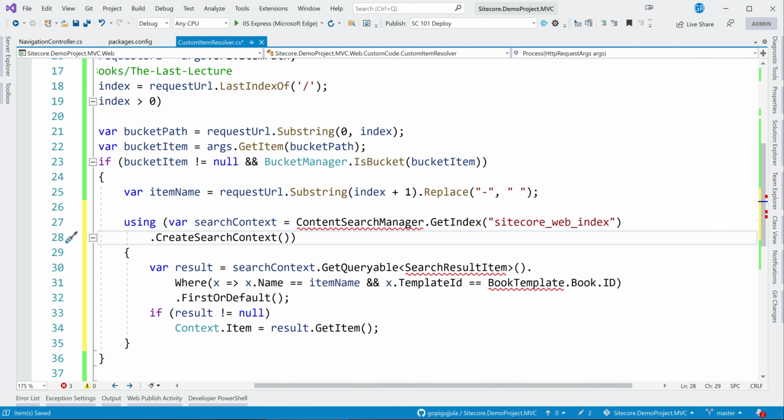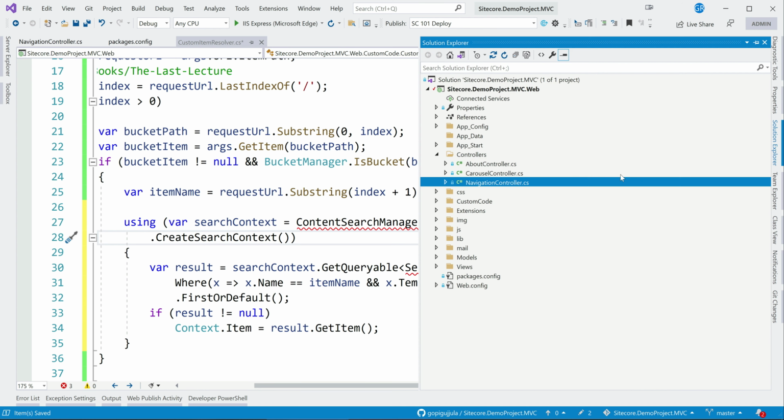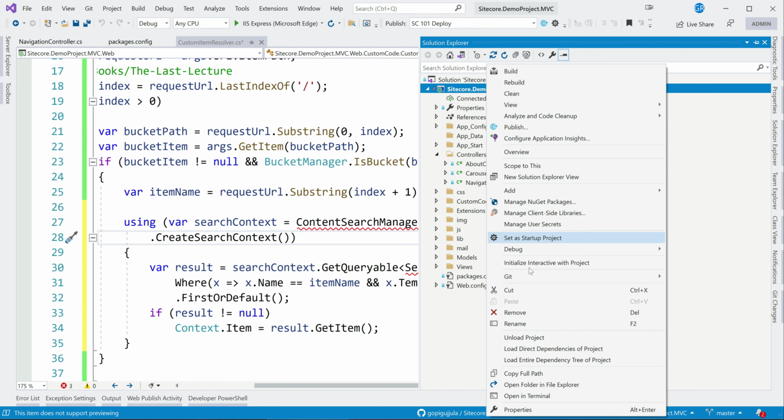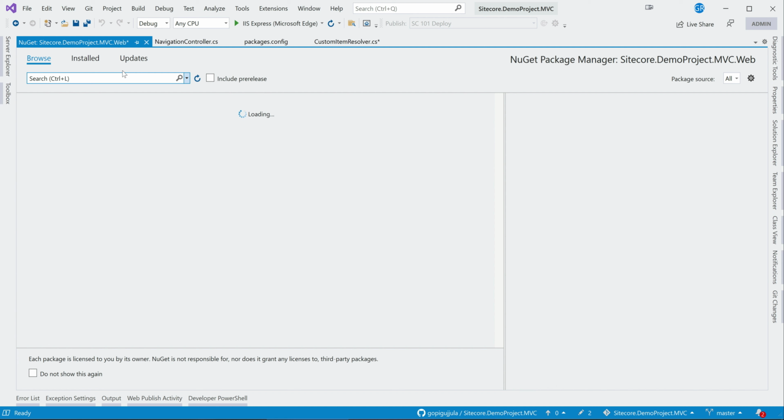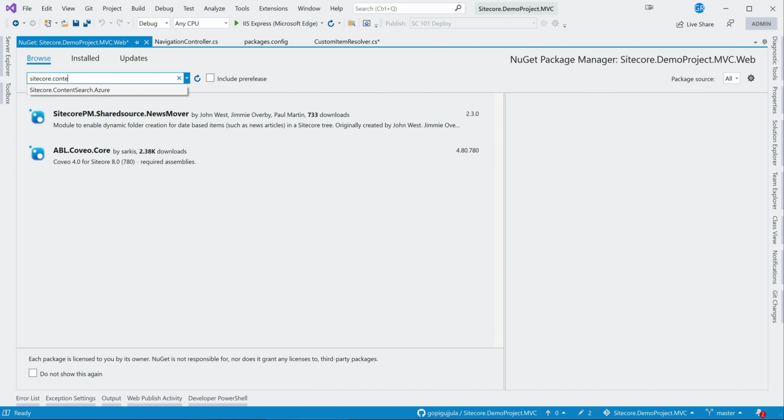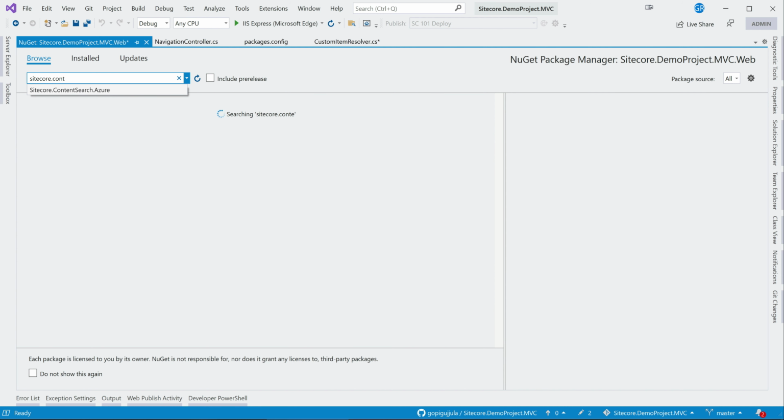So get query will, okay, whenever I want to use content search, I need to go and fetch this content search API NuGet package. So let me go to the NuGet package. Sorry, make sure it is all, and you can search with Sitecore content search.